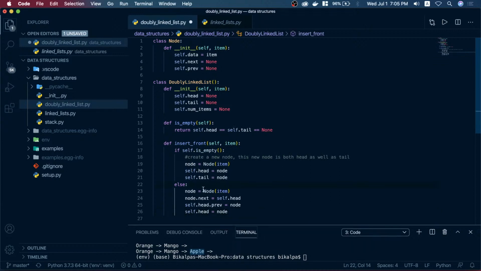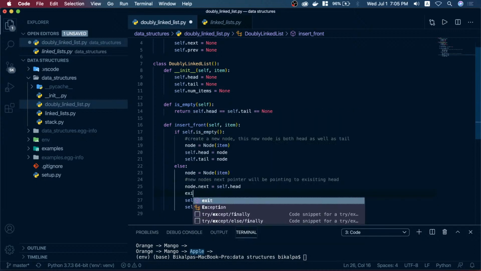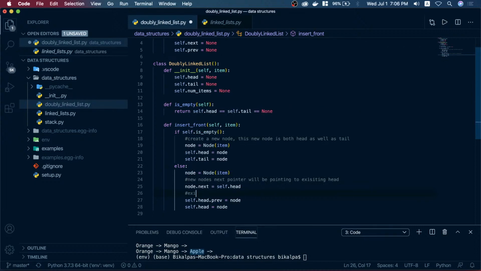What I'm trying to do is first create a new node here, and then I will say this new node's next will be pointing to the existing head, right? The new node's next pointer will be pointing to the existing head, and then I will say the existing head's pointer will be pointing back to the new node, because in the doubly linked list we will have to